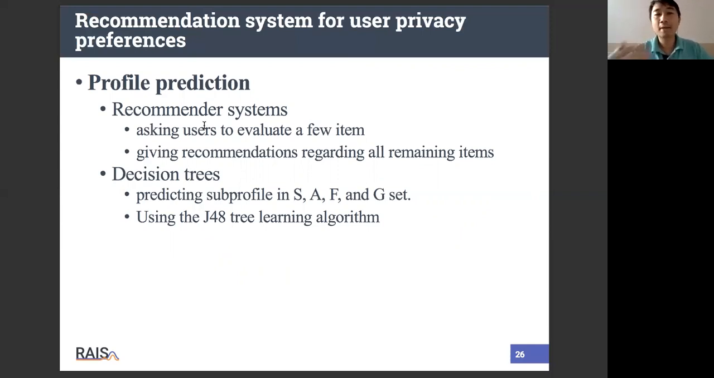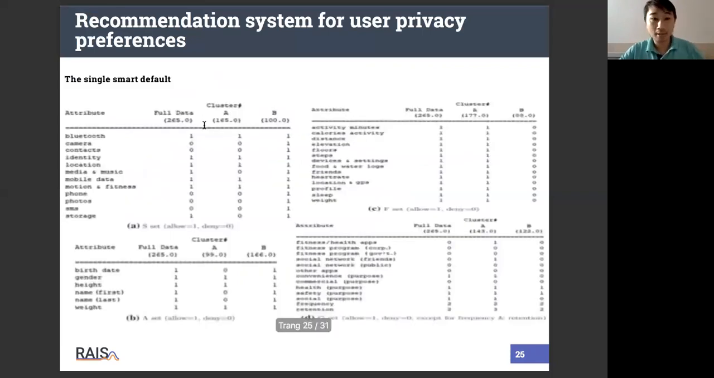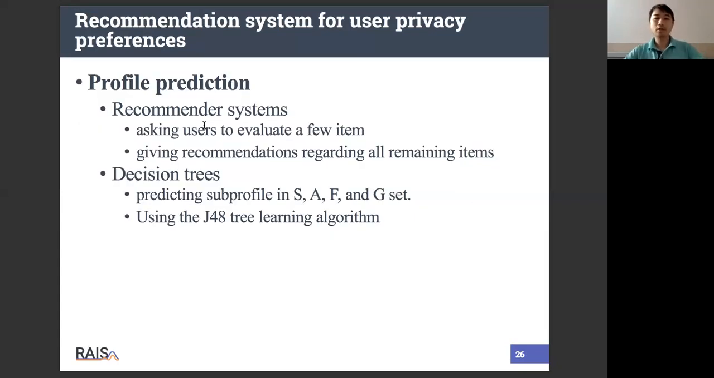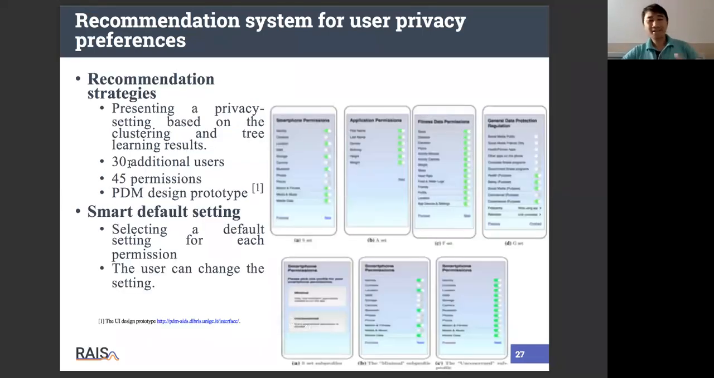And to find the best cluster for the new user, they apply the decision tree, and the name is Z48. I'm not an expert in learning algorithms. I just apply some tools, and maybe you can find a better solution than this decision tree algorithm. And in the test phase, they collect from 30 new users,